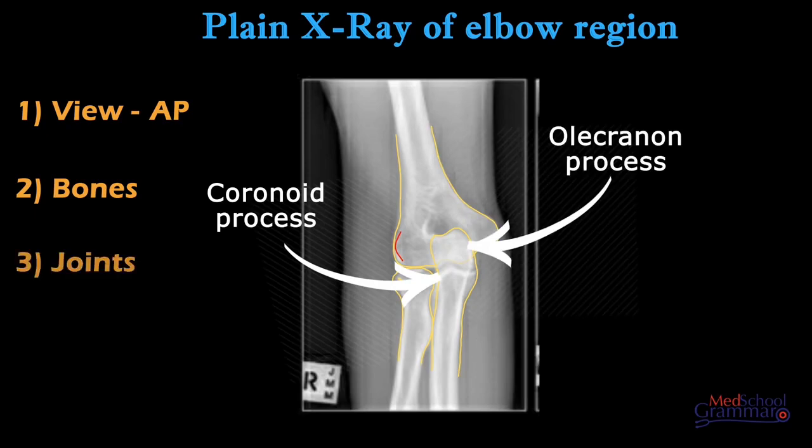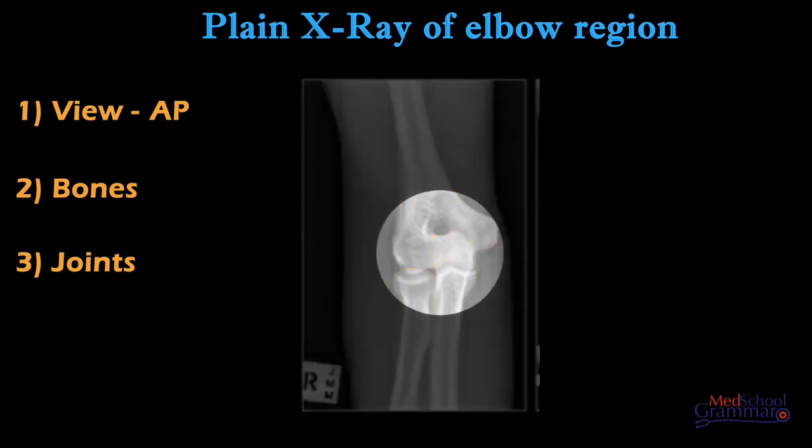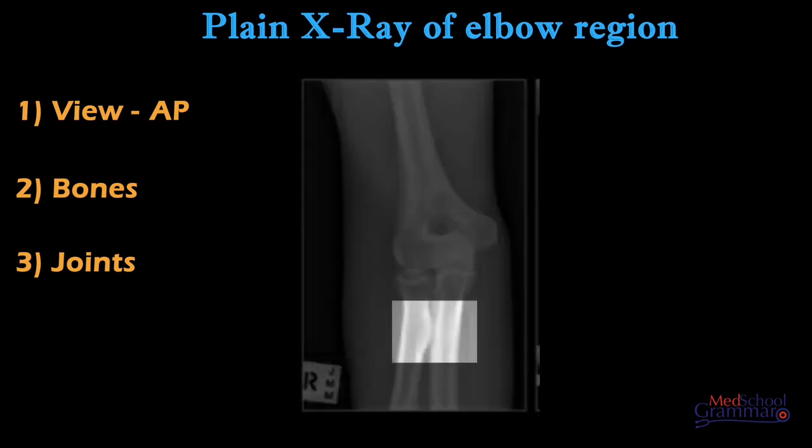The third step is identifying the joints. Here you have the elbow joint, which is a hinged joint, and the superior radio-ulnar joint, which is a pivot joint. The fourth step is to observe any epiphysis, but here no epiphysis are seen. Whether it is a right-sided or a left-sided elbow can also be determined and should also be determined.